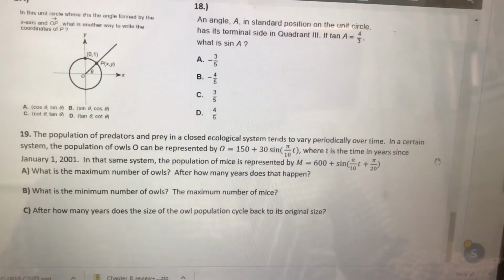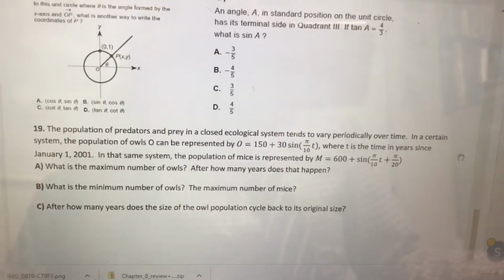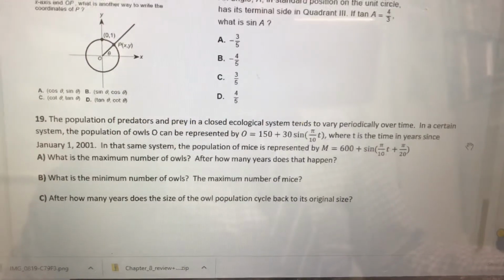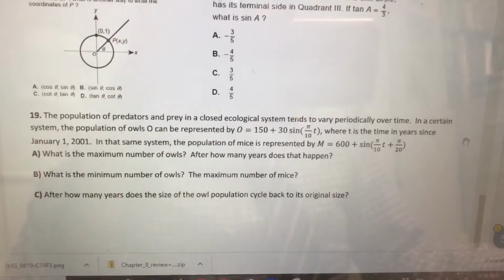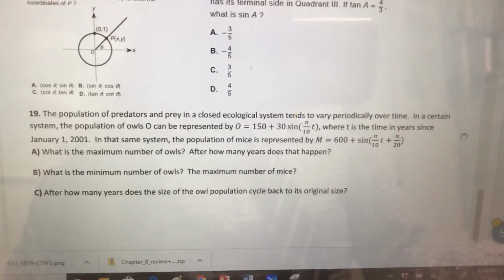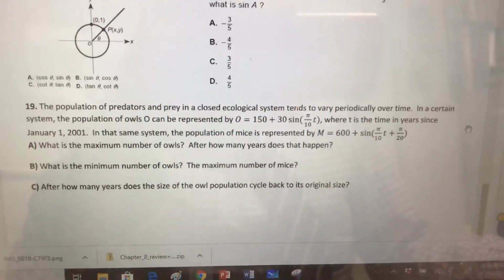I had a request to do number 19, and we're looking at the population of owls and mice. If you think about it, you'd expect a population when it's doing well to start increasing. So if the owls are eating lots of mice, they're going to reproduce, they're going to survive, and their population will grow. Maybe they eat all the mice, and then their population starts to decline,